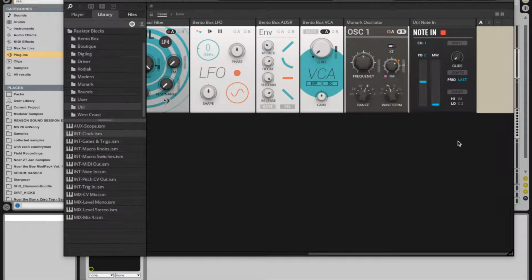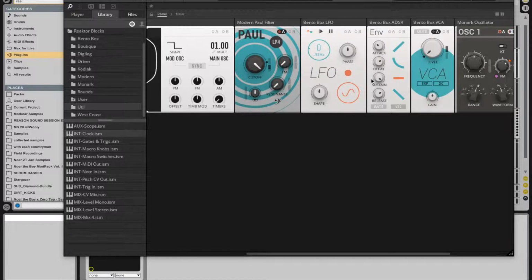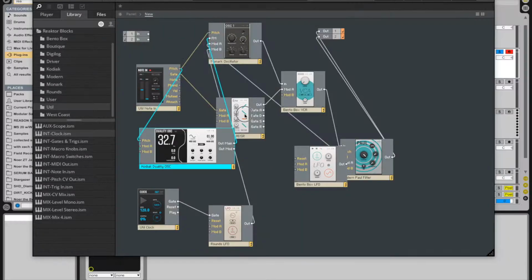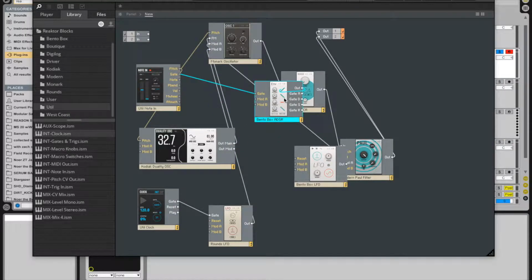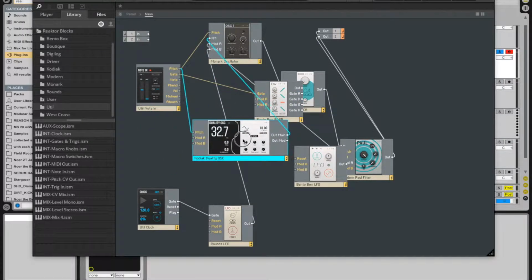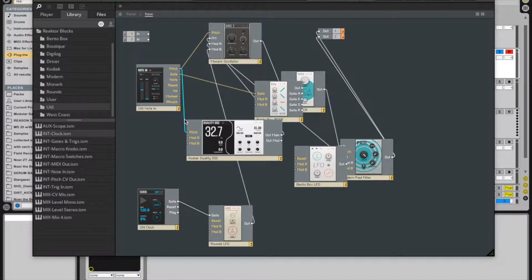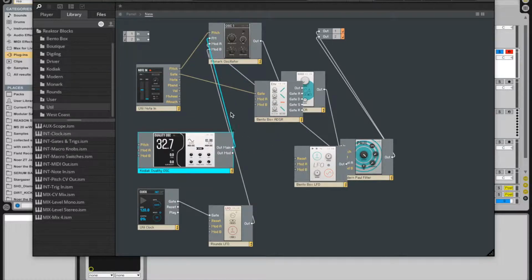So there, I was adjusting the LFO rates. I turned the glide down. So once you start getting a patch like this, you can go in and adjust the parameters and really change the sound. So this is pretty interesting, but let's take this duality oscillator and let's have this be the playable